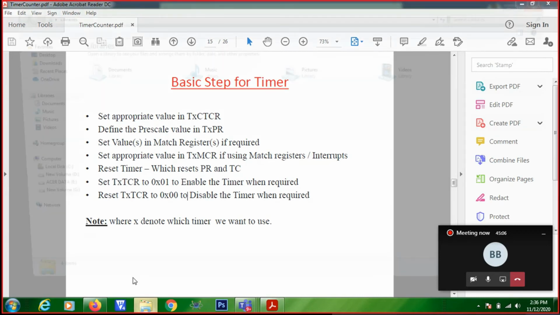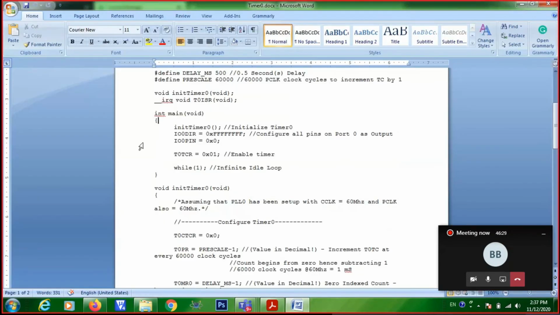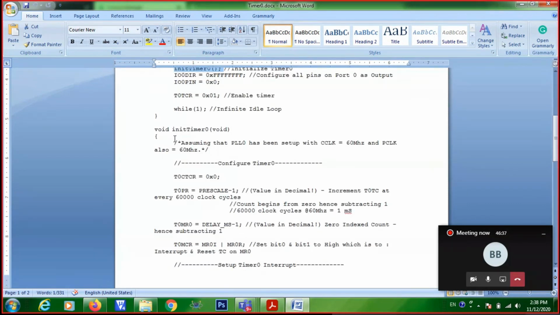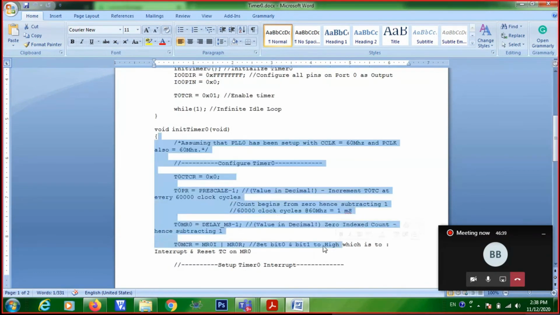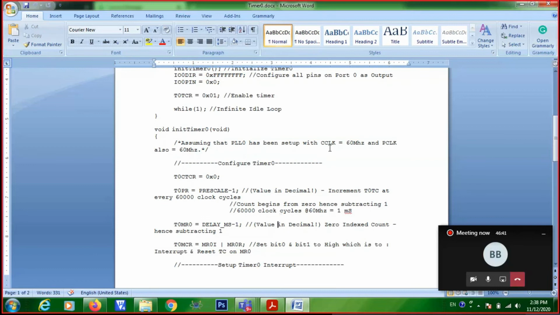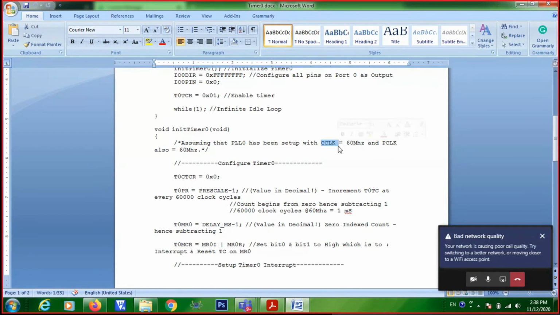Right. So we'll see the program. This is the main program. The first function is init timer, the initialization function. For time being, you are considering that P clock is equal to C clock.